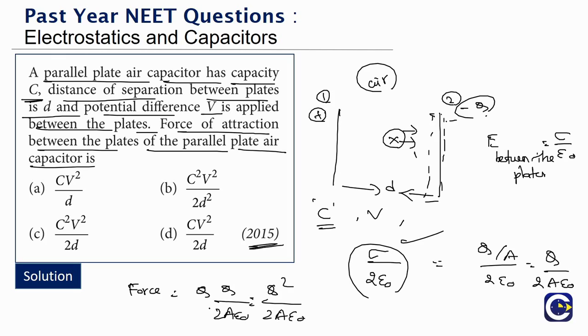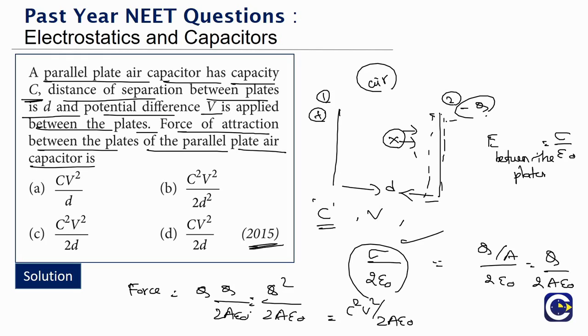But the thing is, we need to express this in terms of the other variables. What are the other variables? Because here the charge is not spoken about. They have given us the capacitance value, the potential that is applied, as well as the distance between the plates. Now look at it. Q will be equal to C into V, capacitance into voltage, right? So we'll have C square V square by